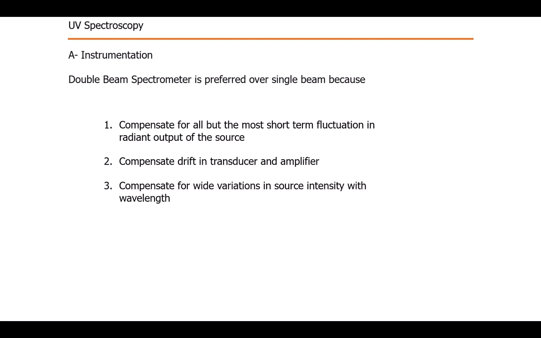the double beam spectrophotometer, because double beam spectrophotometer uses the single radiation or single time radiations split into two portions for the reference cell as well as for the sample cell under the same condition, which does not take place in the single beam spectrophotometer. In single beam spectrophotometer, a reference is placed first, then after some time we would use the sample and we would take the reading separately.